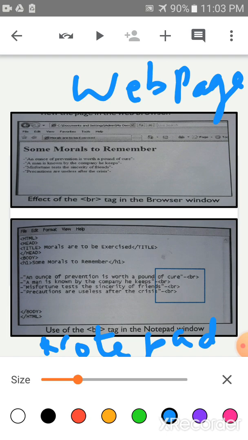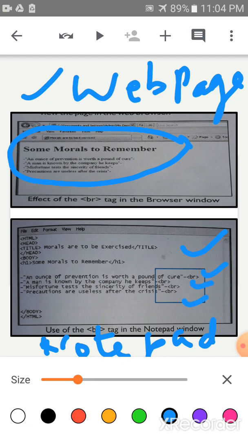After saving, you open your file and open your web page. It will look just like this. If the coding is this, the web page is there. Here I have written the BR tag, BR tag, BR tag. If you are using the BR tag, the line break is there. See, the sentence will come in the next line. Understood?